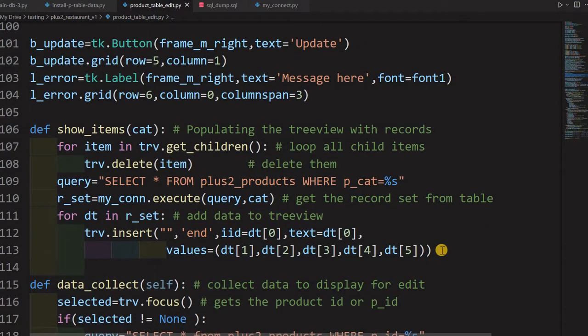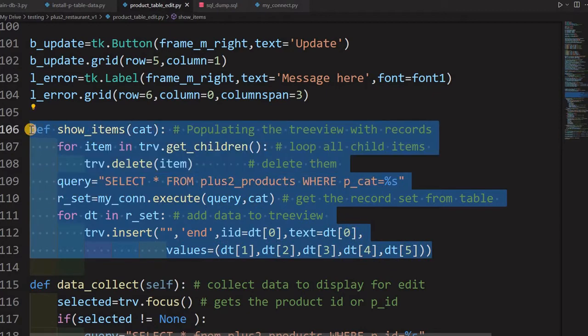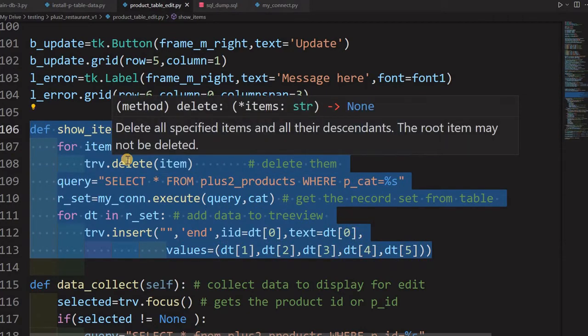The first thing is what you can see, it is your show item. There are actually 4 functions used. Actually the main ones are 3. Show item, that is to display all the text from the database based on whatever category is selected and